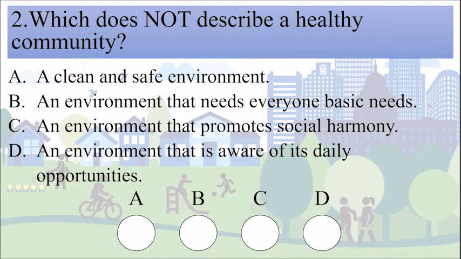Number 2, which does not describe a healthy community. A. A clean and safe environment. B. An environment that meets everyone's basic needs. C. An environment that promotes social harmony. And D. An environment that is aware of its daily opportunities. The correct answer is